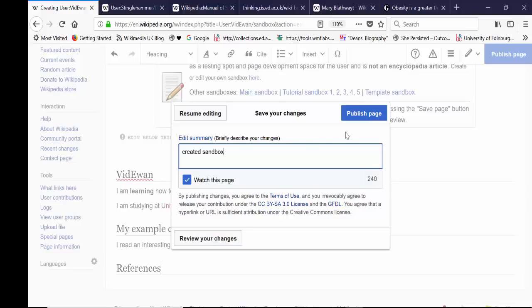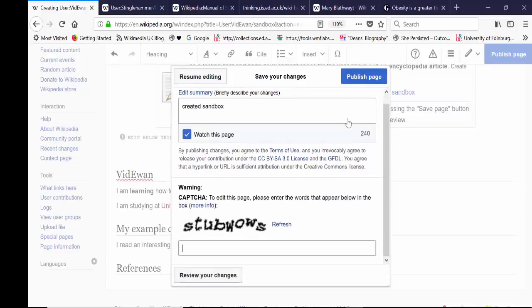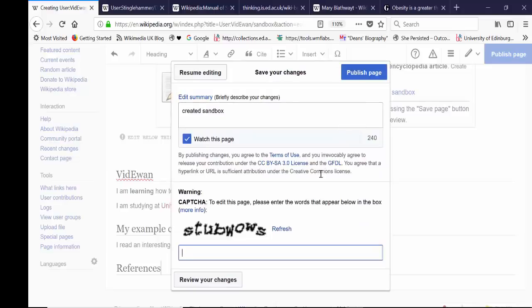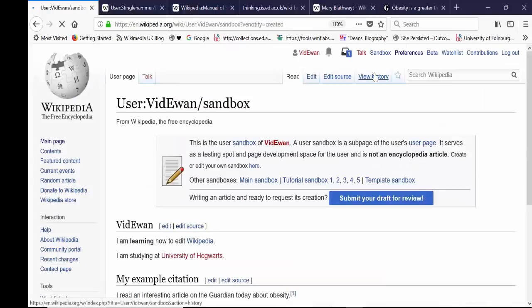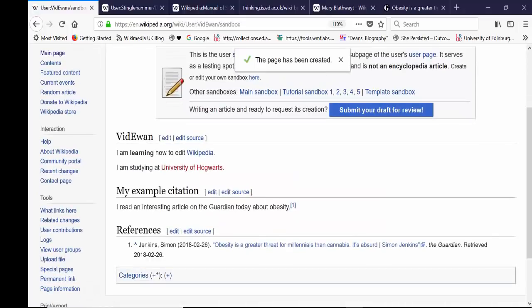So it's a good idea to put in a short edit summary of all the changes you've made, and the main change we're doing is we've created our page that is a sandbox, and it's asking me for a captcha code, so I'm going to put in "stopwires". Again, these captcha codes won't always be asked for. It's just for this first step of an account,